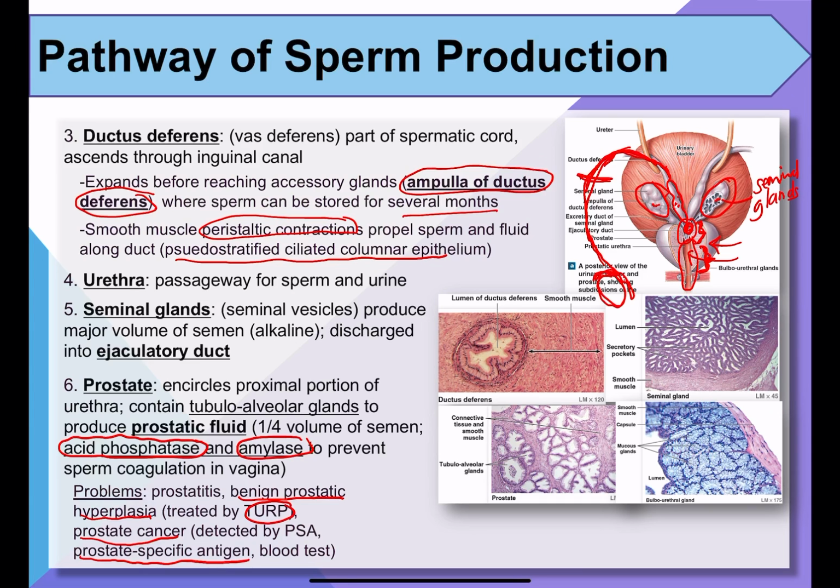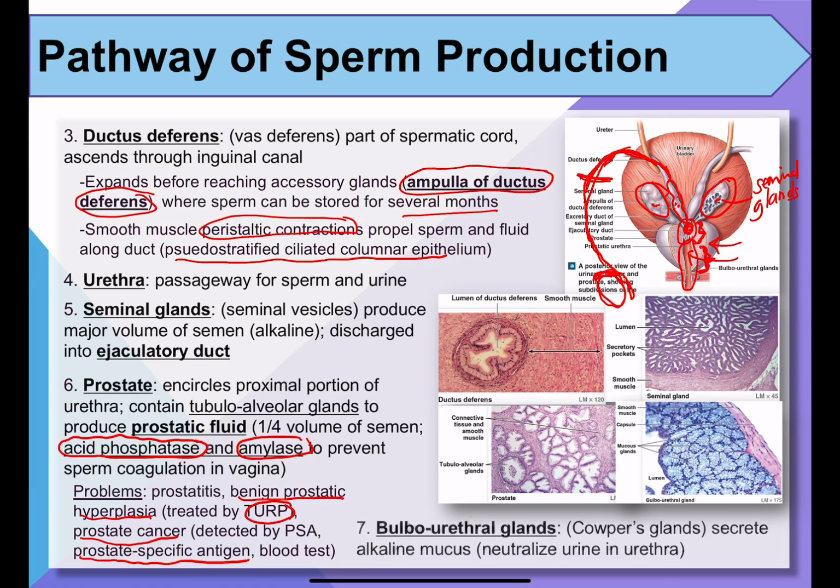Okay, so the last gland whose secretion is important for the fluids that surround sperm cells is the bulbourethral glands. So the bulbourethral glands are kind of tiny little guys right here. You see these two dots right around the membranous urethra. That's a bulbourethral gland, which will secrete an alkaline mucus that will neutralize any acidity that's left due to urine being left within the urethra, because urine can be in that same passage as well,